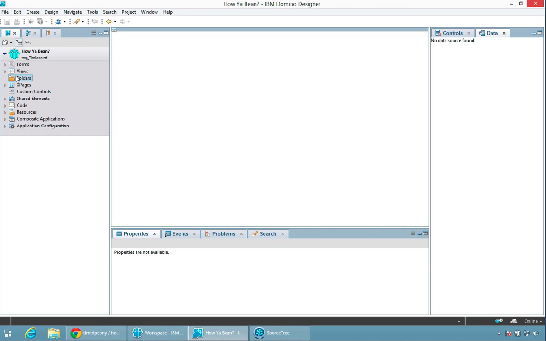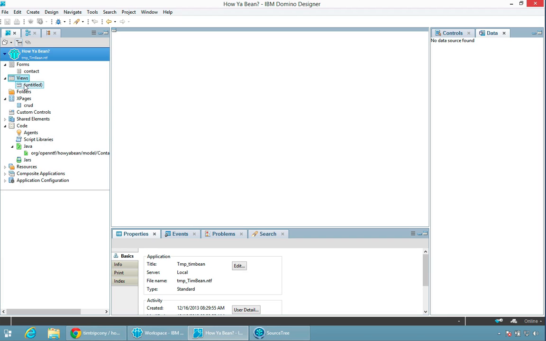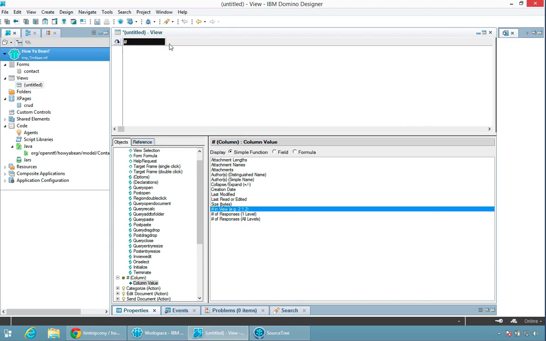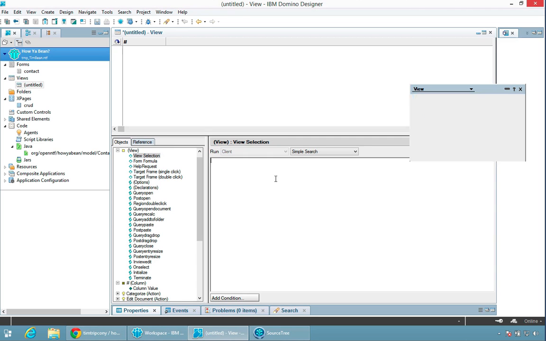And we got a form. This did not come down correctly. I'm going to fix this. I think that's just something that got messed up in the source control. But there are some XPages and there's some Java in here, which we're going to look at. So before we go on, this is going to be a view of contacts, this contacts form. So I'm just going to put in here